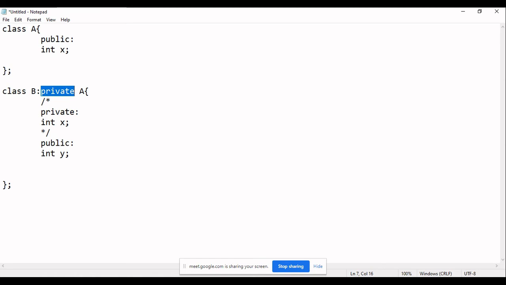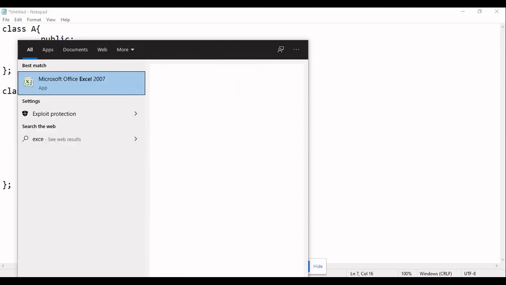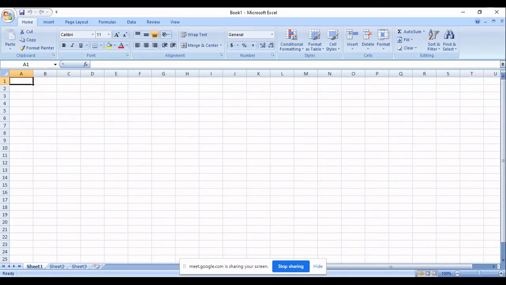Fine, let's make a chart. So what is its access specifier in the base class?